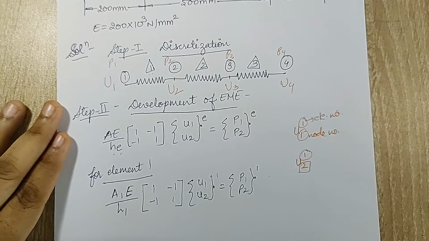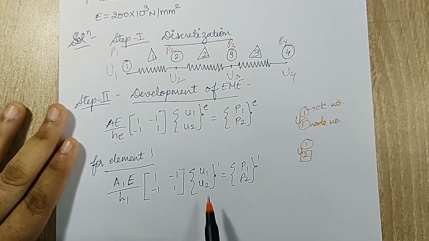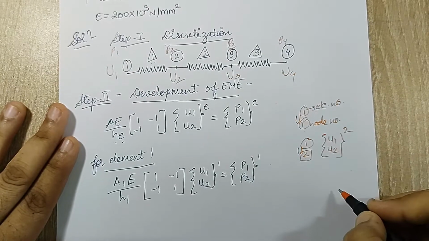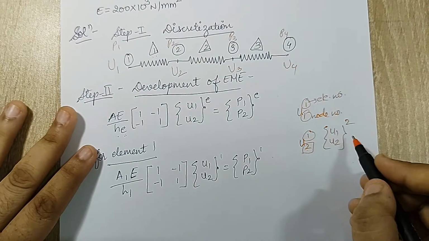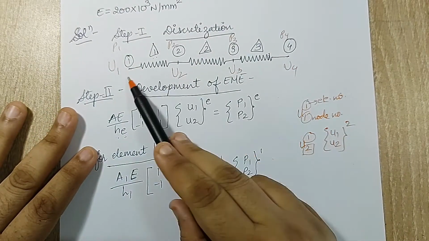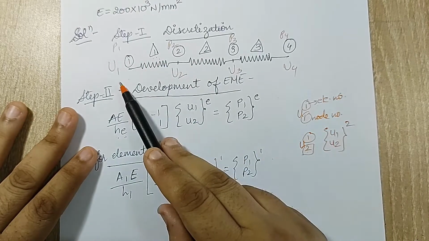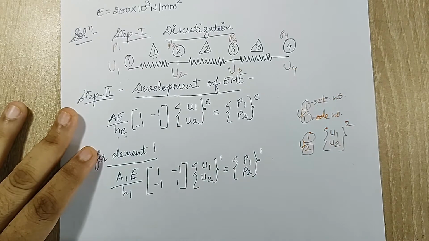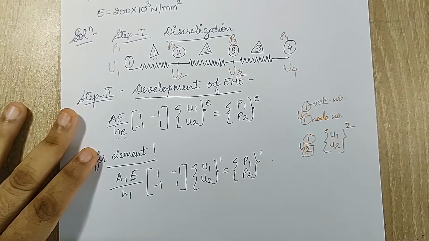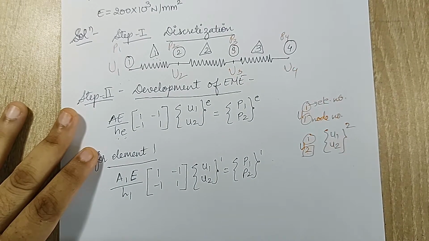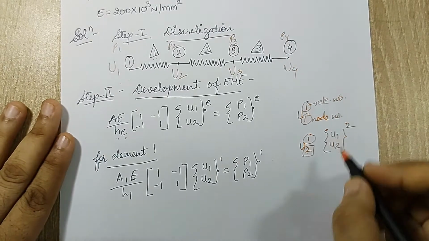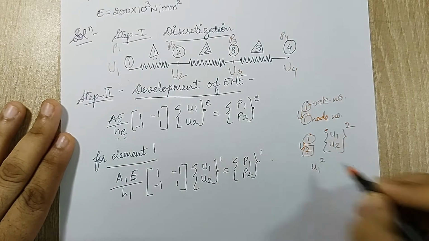And if you ask me what would I do for the second element, I am going to similarly write U1, U2 raised to 2. I am not going to change it. The reason is, sometimes while writing these displacements, say for first element it is U1, U2, for second element it is U2, U3, sometimes it becomes very confusing. You cannot figure out what is to be written, or if you just forget to write or you write a wrong thing, it will be a wrong calculation that you do. So the best thing that I would prefer doing is writing this way.